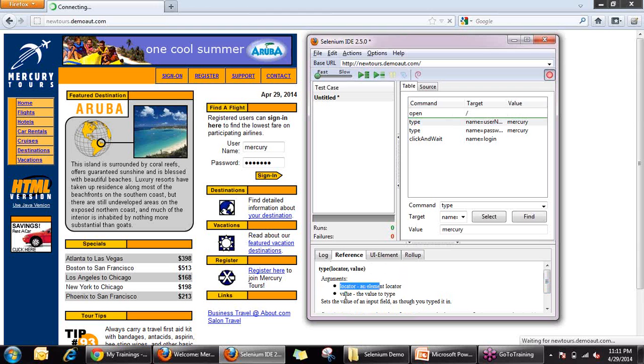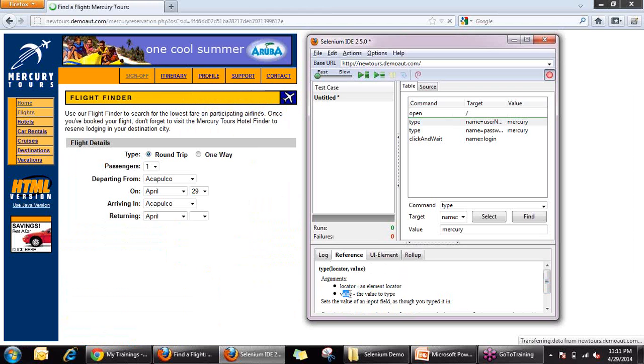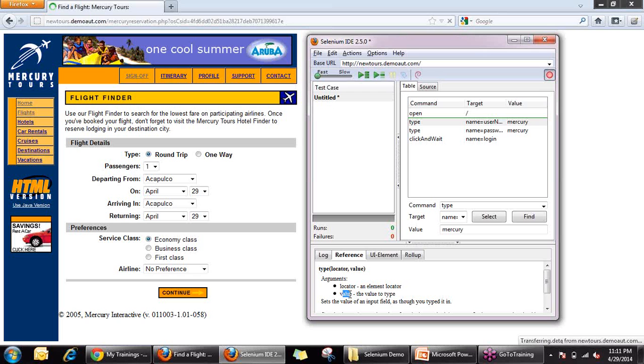One is a locator, the other is a value. Locator is basically an element on which we are going to perform the action, and the value is the value which we are going to input in here. So in this case, the locator was, we have to find an object with the name username, and our value was Mercury.